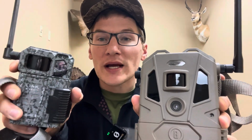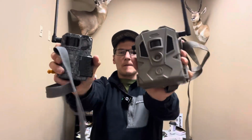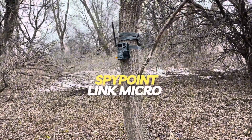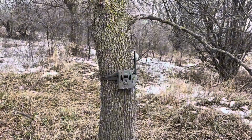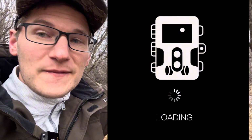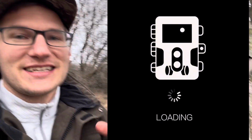Bushnell Spypoint, what's the best one? We're gonna put these two cameras head to head so you can get an idea of what's gonna be best for you. And one of the cool features that these have is I can actually connect this to my